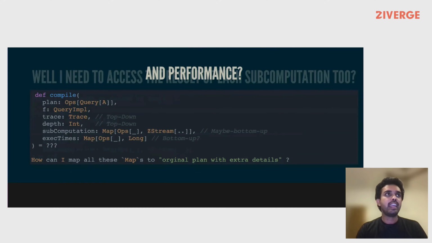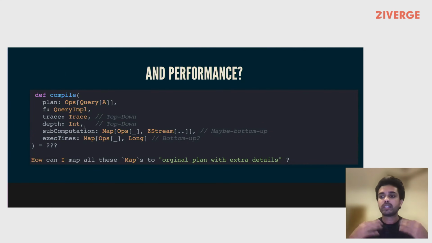It depends again. And the next question is, I need to also add the performance of each of these subcomputations, not just the result, I need the performance too. And some of them are top-down logic and some of them are bottom-up logic in the recursion. And how can I map all of these maps into the original plan with extra details? And all of this is going to be